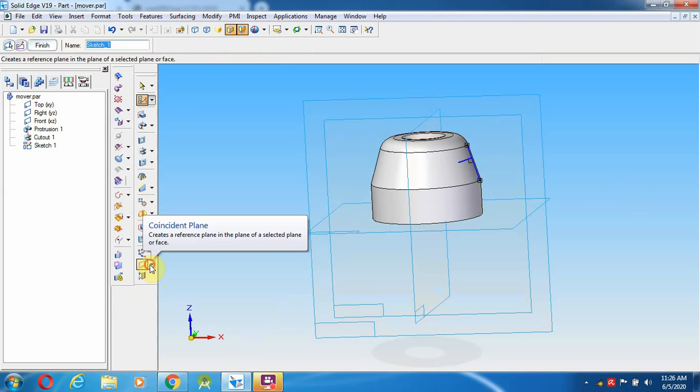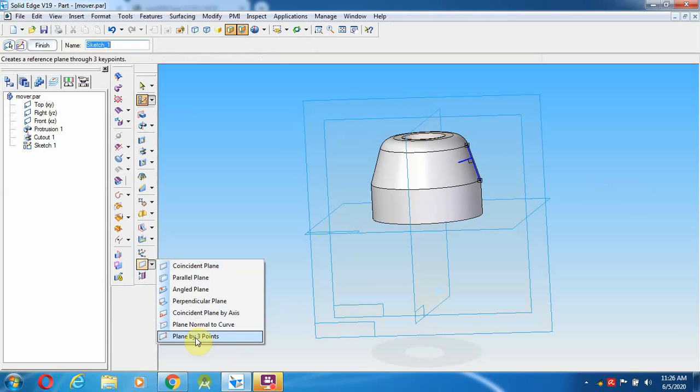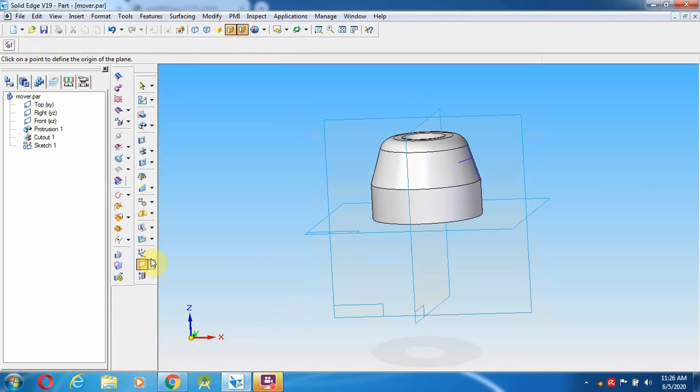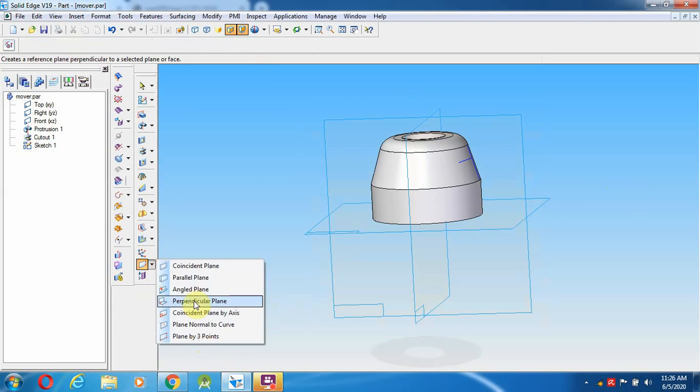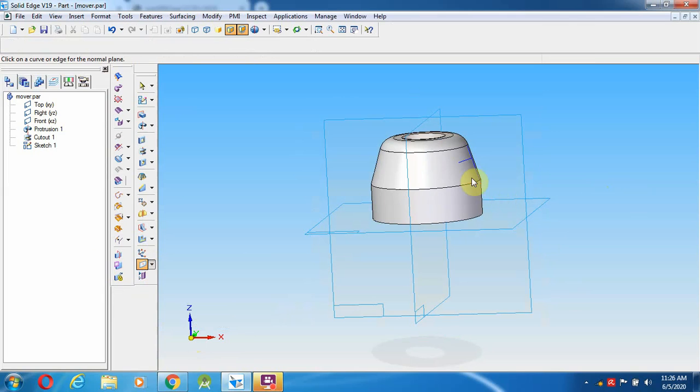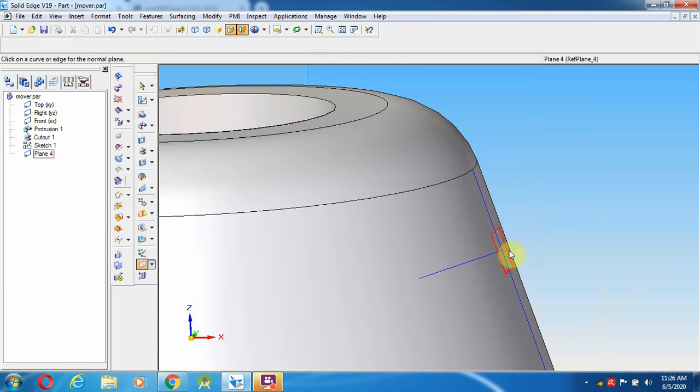After returning, go over here and select the planes. In the planes, you can select perpendicular to plane, normal to curve plane. Then from the particular line, from the mid, I am going to place the plane over here. Even if the plane is too small, you could not see it over here. Now if you zoom, the plane can be visible. Then I can go again with the sketch option.